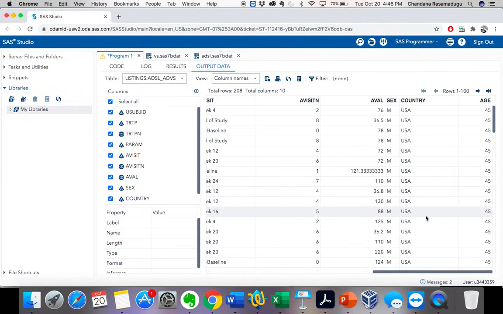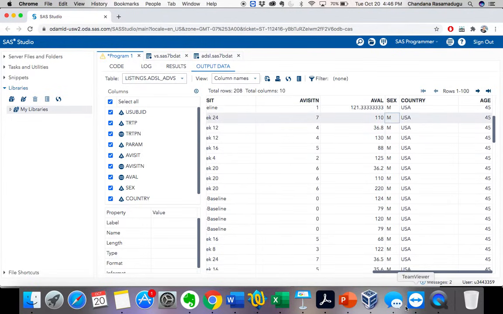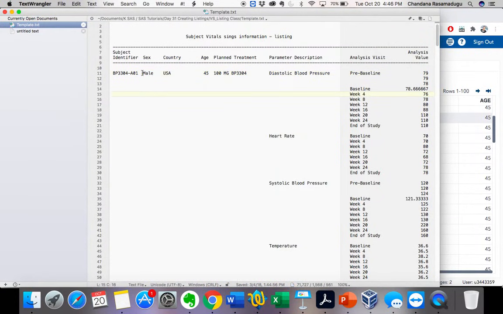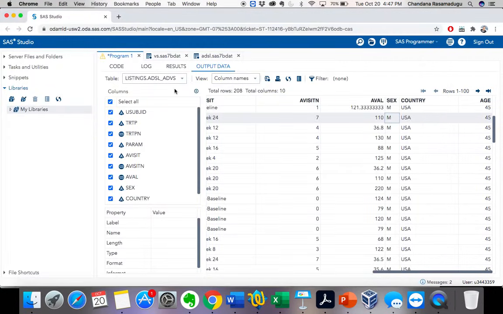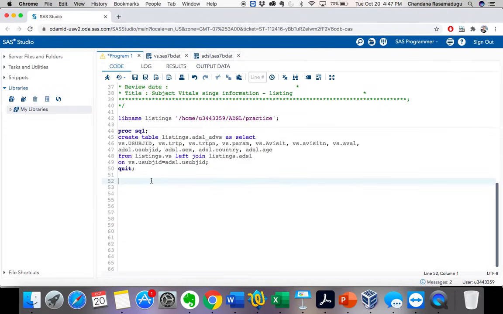See here how my sex values are looking. It is in the form of M and F. But my report shows that it has to be the full word, that means male and female in full word to be printed. So for that, let's apply a format. Sorry, proc format.